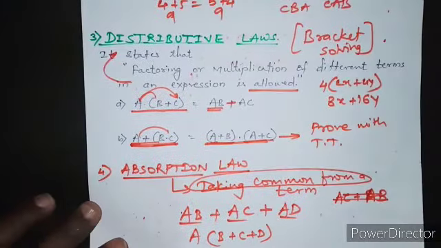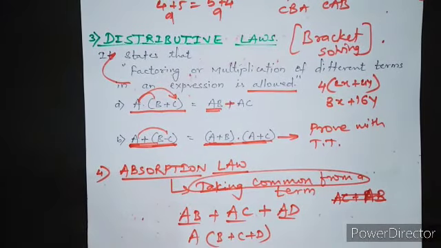In the next lecture we'll look at another type of these laws, that is ANDing laws and ORing laws. In the exam, since we have 4 ANDing and 4 ORing laws, you may have a question for 4 marks. You can even refer to the question papers and see what questions are being asked on these concepts. So in the next lecture I will look at that.